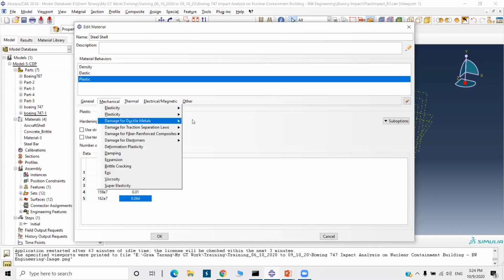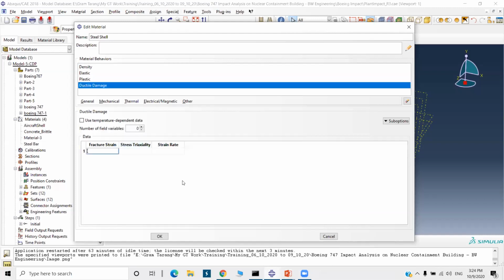Next, enter the ductile damage properties for the steel shell. Again, damage evolution.